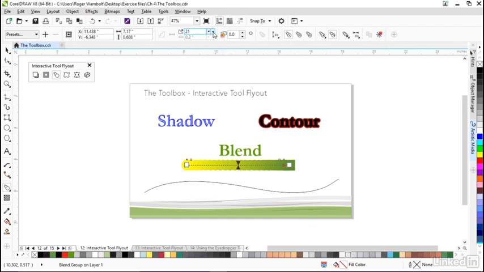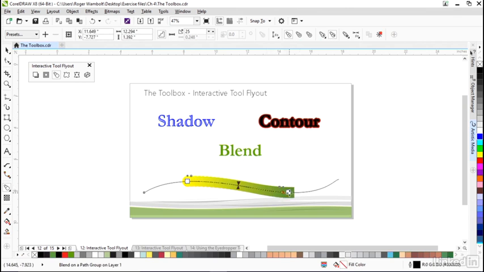I can control the number of steps on that blend. I can also blend on a path. So if I select my element, clicking on this icon, I can dictate where my new path is. And now using this crooked arrow, I'm just going to point to the path. Very easy. I put this along the path, and I also have the ability, of course, to increase the number